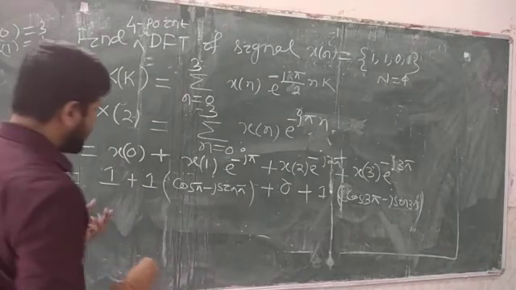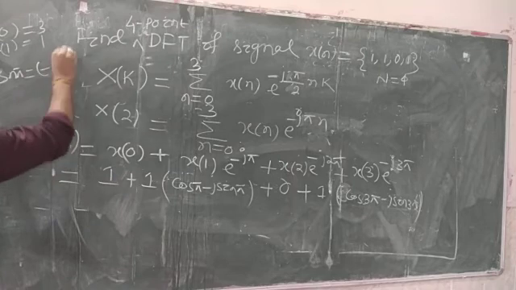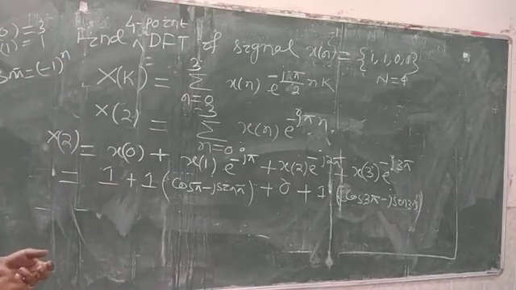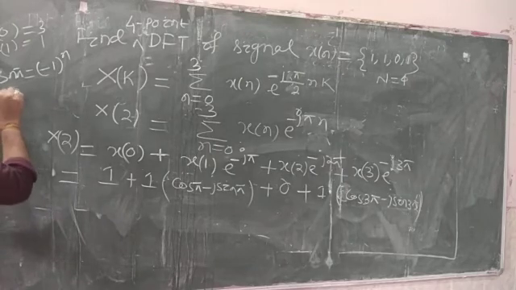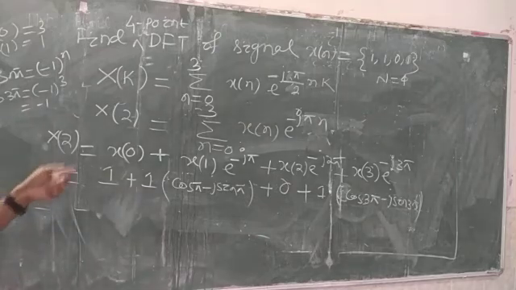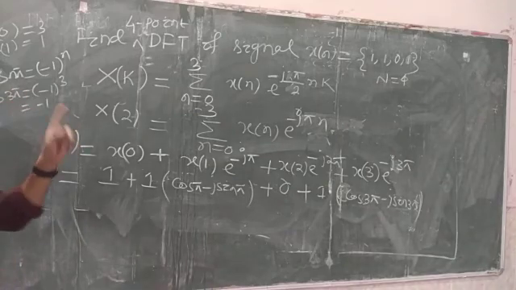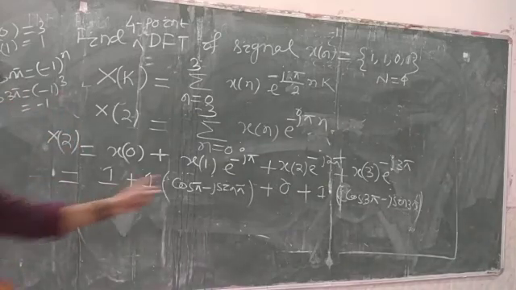So always remember, cos n pi, the value will be minus 1 to the power n. So cos 3 pi means whenever I am going to calculate cos 3 pi, that is minus 1 whole cube, which is nothing but minus 1. But cos 2 pi value will be minus 1 square, that will be 1. So positive and negative alternately will be changed. So cos n pi value is minus 1 to the power n, that I am going to use here.